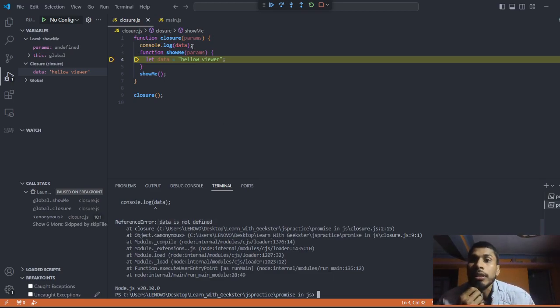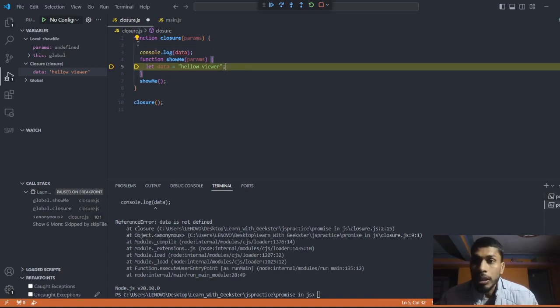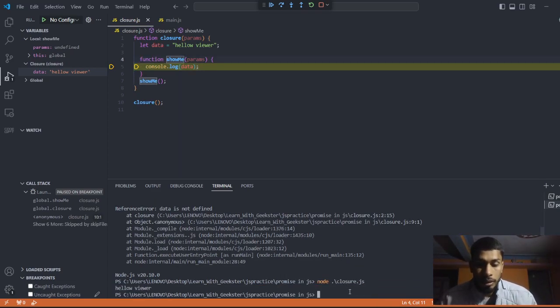That means this closure function is running, but at that particular time it is not known what this data is. So that's why you got this error. So let me go back with this thing.